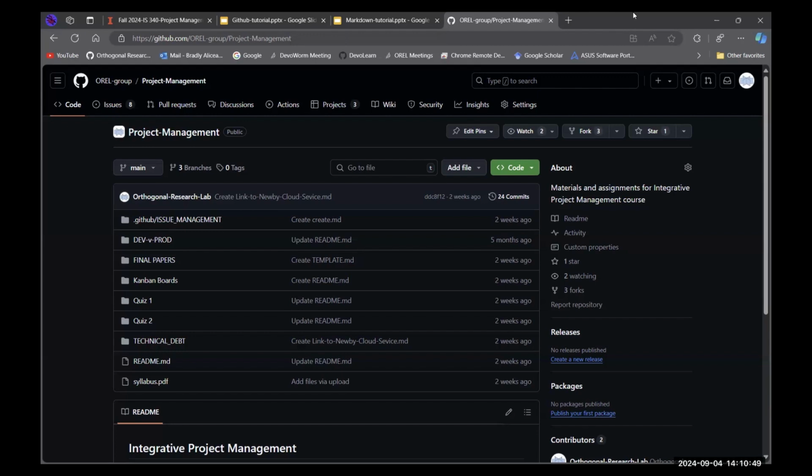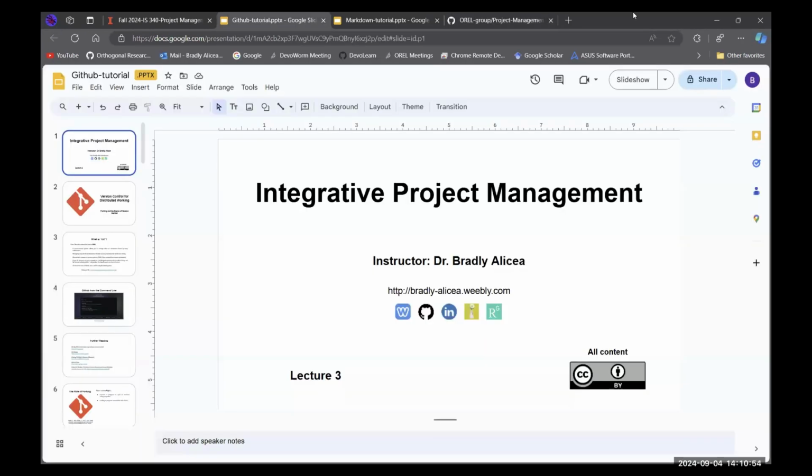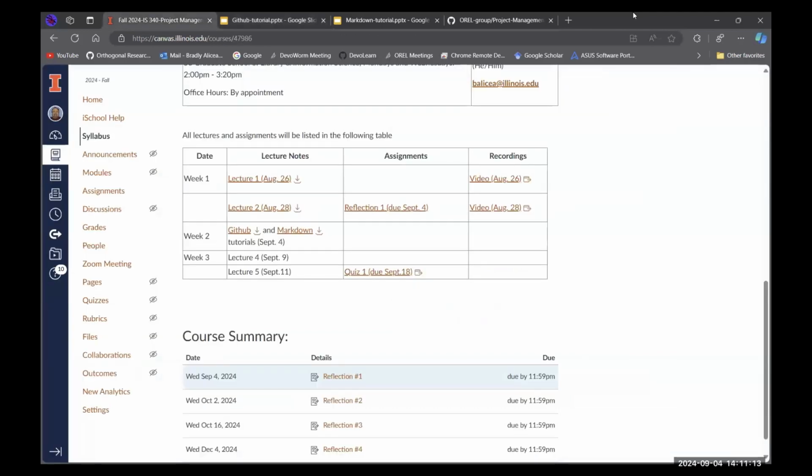Now, what we're going to do today is two different tutorials because we got interrupted by Labor Day. Labor Day is next. As a result, I have to combine these two tutorials in one session. These slides should be up in the Canvas.